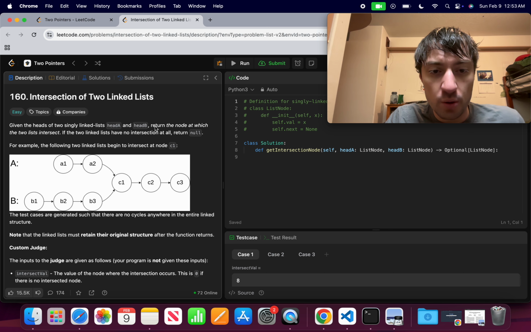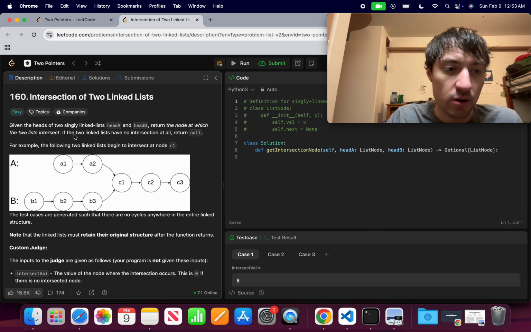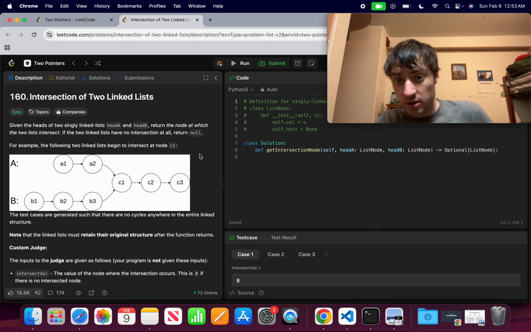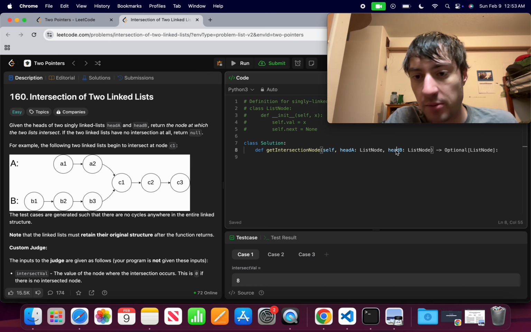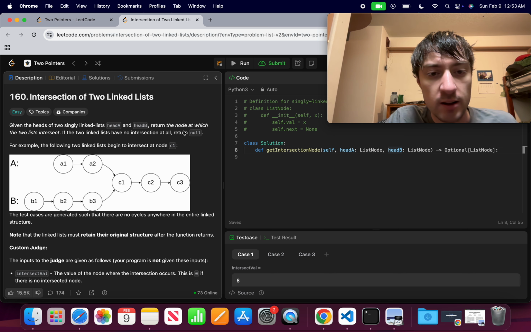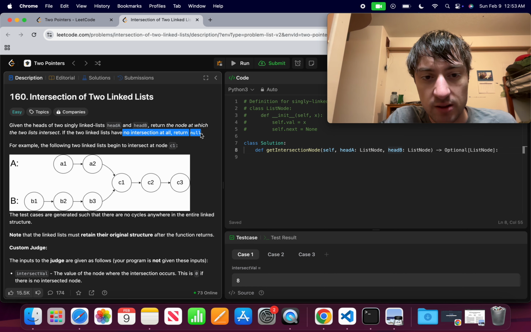Return the node at which the two linked lists intersect. If the two linked lists have no intersection at all, return null. For example, in the following two linked lists begin to intersect at node C1. Okay, so we're given two lists, head A and head B, and these are going to converge at some time, maybe. It says here, if they don't intersect, we return null. But assuming that they do,